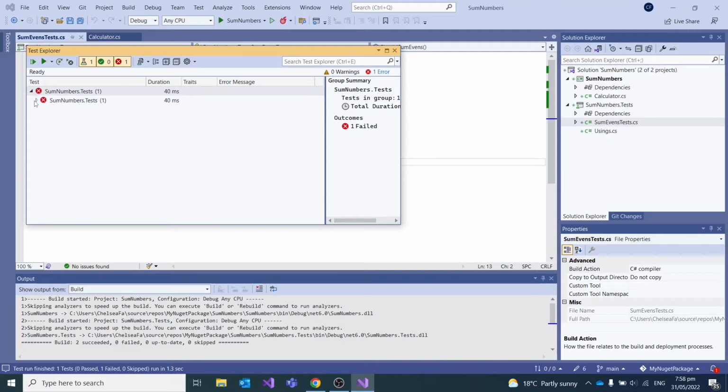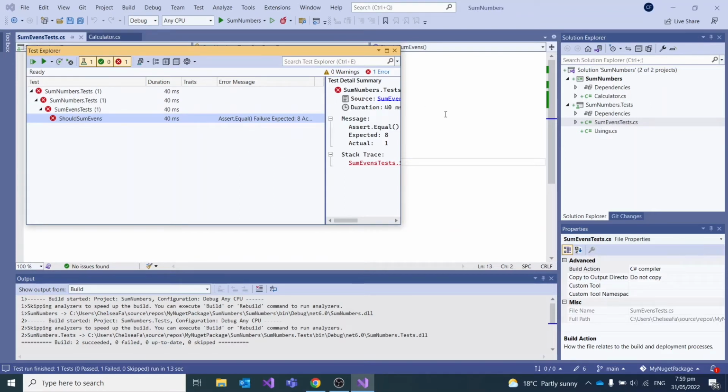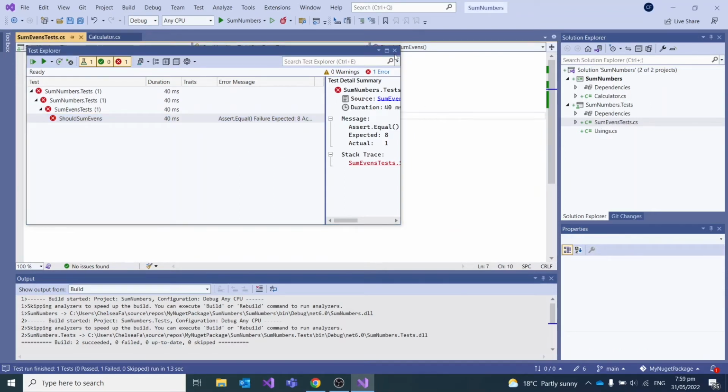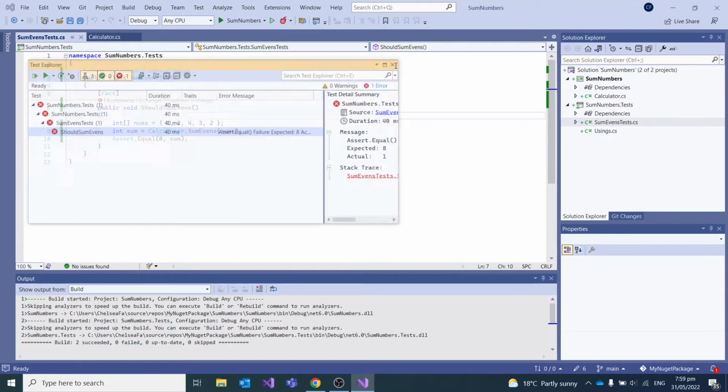Oh, no, my test has failed. Okay, so now I need to go look at why my test is failing. It says expected 8, actual 1. I could debug, but I'm just going to go have a look at my code first and see if I've